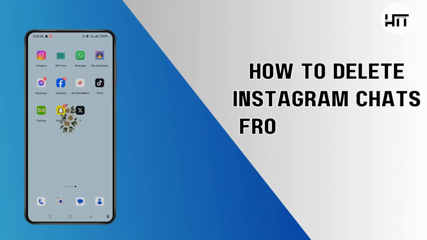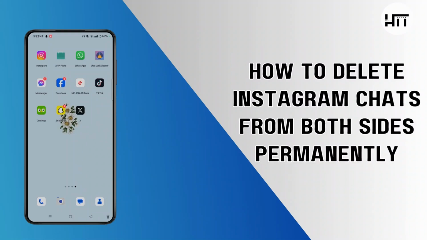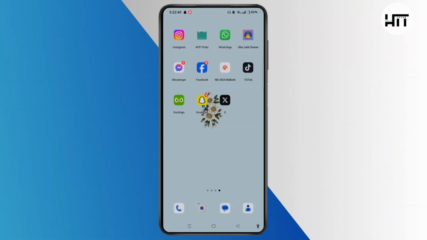How to delete Instagram chat from both sides permanently. Hey everyone, this is Rose, and I'm here to guide you on how to delete Instagram chat from both sides